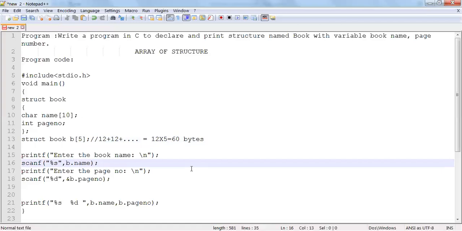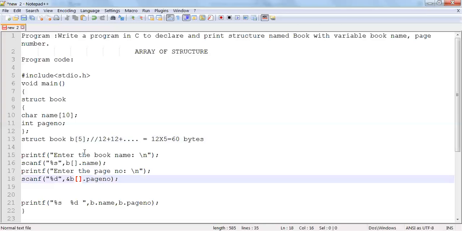So we can just give the index. There will be a loop that will iterate 5 times. For the first iteration it will take the value of the first book, for the second iteration it will take the value of the second book.